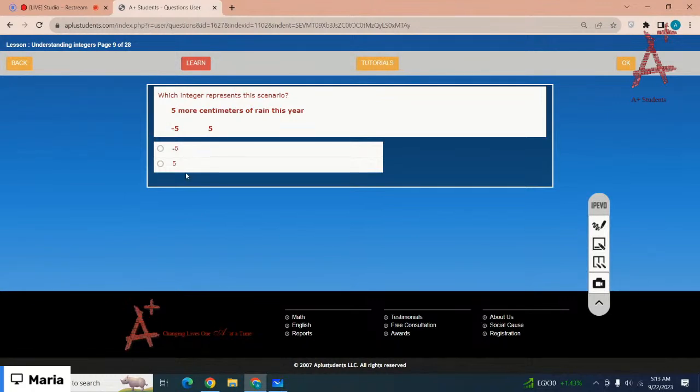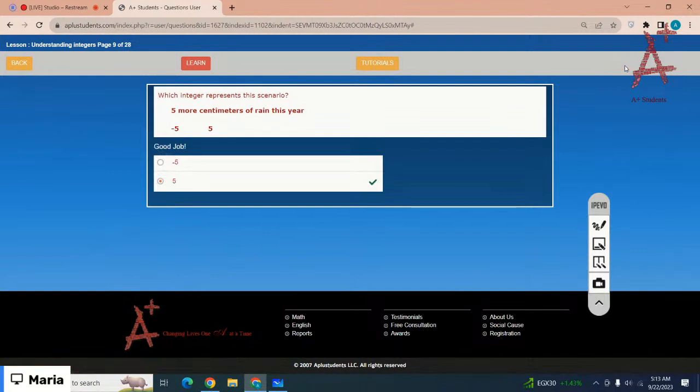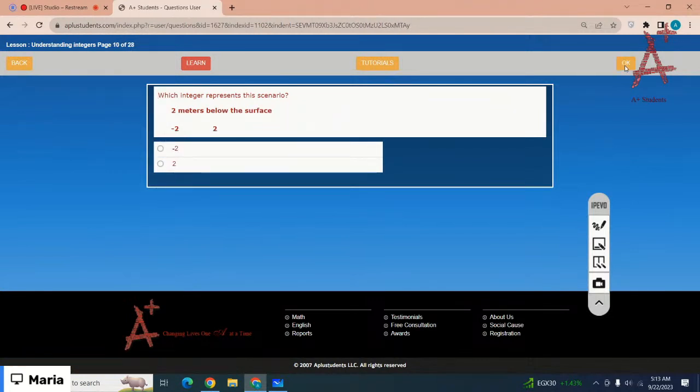The correct option is "more here," that would be a positive number. So it is a positive 5. 2 meters below the surface, which is the correct option? The correct option is below the surface, so that would be a negative